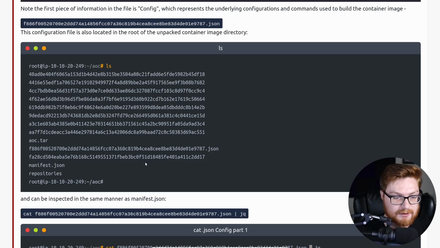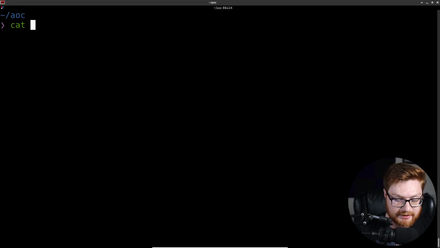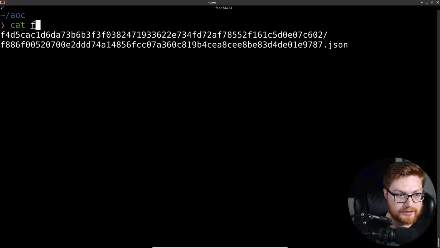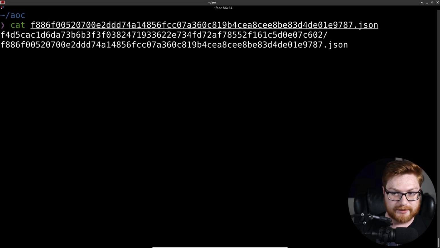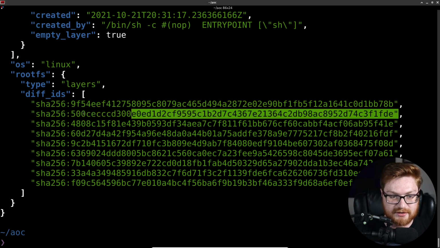Very nice. We could explore that. We could inspect that in the same manner as the manifest.json. I'll go ahead and tab complete that. We know it is the F8 one, and I'll pipe that to JQ just here. Very nice. You could see the different IDs and the layers down at the very, very bottom.